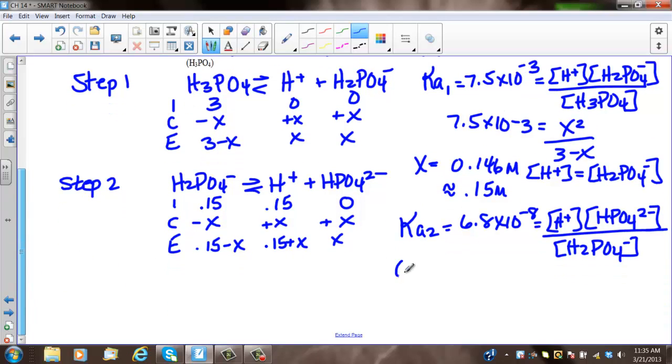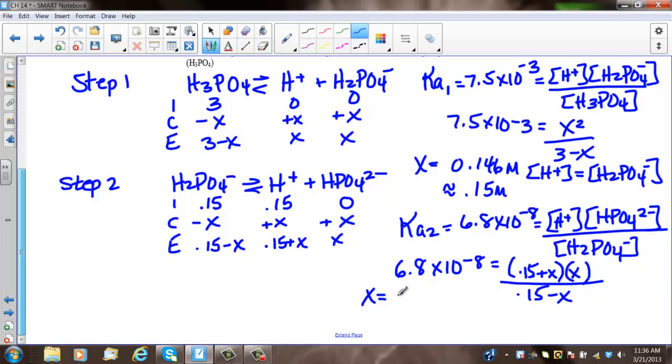Substituting in, I have 6.8 times 10 to the negative 8 is equal to 0.15 plus x times x over 0.15 minus x. Putting this into our solver, we get x equal to 6.2 times 10 to the negative 8 molar,